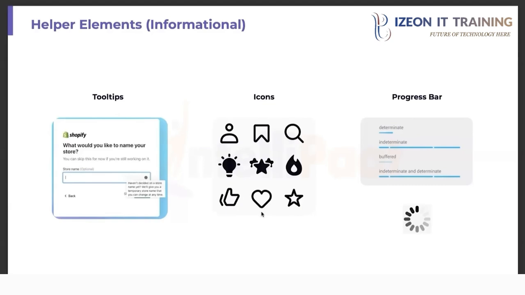No, that is the input element. Okay, but where you see like 293 or something, 300, that is the helper menu. Okay, 300 people have liked this. So this icon, in context, changes its position from helper menu to input field and all of those things. Okay, progress bar, of course,